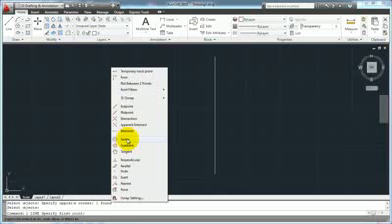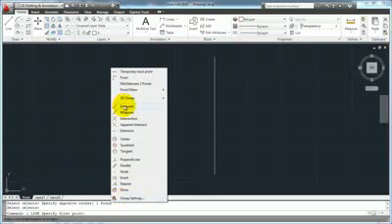Center point, that's the exact center point of a circle or the exact center point of an arc. Quadrant, tangent, perpendicular, parallel, you can read these. Node, insert, that's if you had a block, we'll get into blocks later, the insertion point of a block. Nearest, none, and then of course your O-snap settings. We'll get into settings in just a minute. But in this case, I want to use the